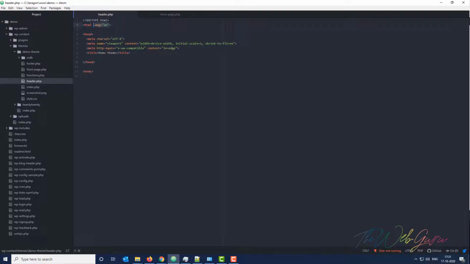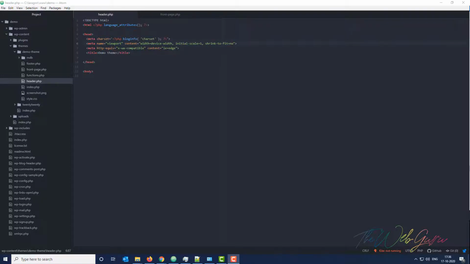When we install our WordPress and select the language, this language will be dynamically set by this function. Okay, next is the meta character set. Let's make it dynamic also. This is the function we'll use, blog info character set.